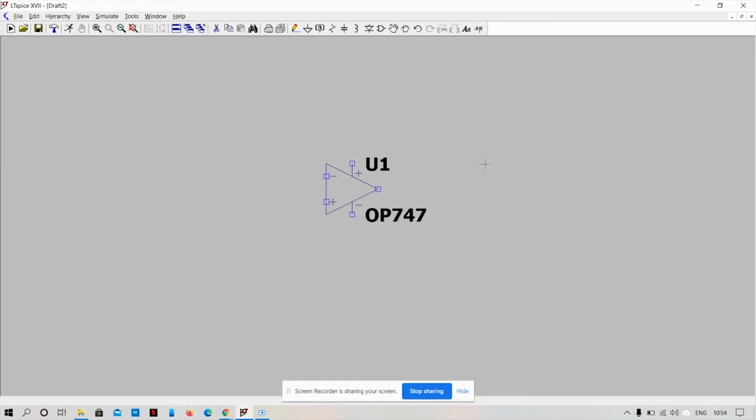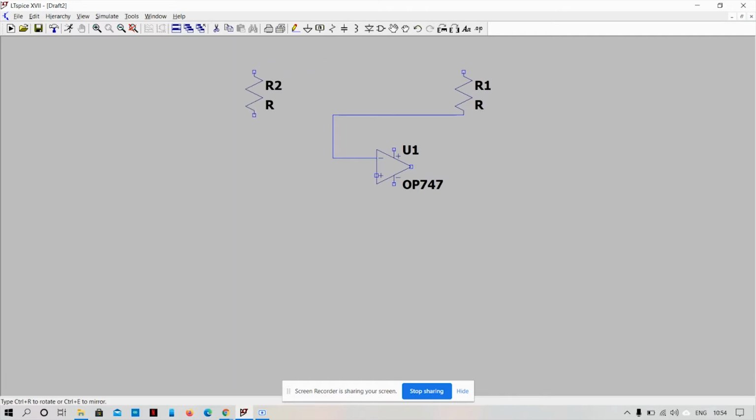And next up, let's continue with the diagram. So this is the wire. Click on it and then go wherever you want to go. Now let us add the resistances. So two resistances that are good to go. Then connect this wire.